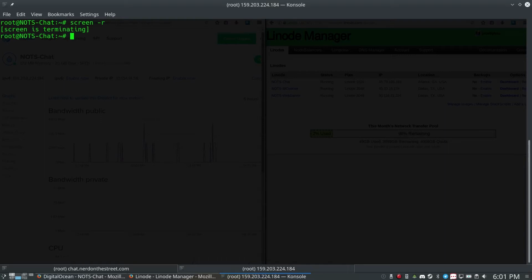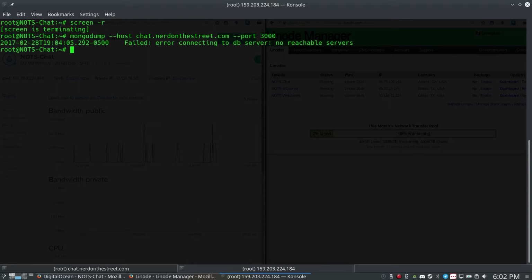So first we'll just try mongodump --host chat.nerdonthestreet.com --port 3000. So we'll try that, and we'll see if that does anything. Error connecting to DB server, no reachable servers. Okay. How about if we just,